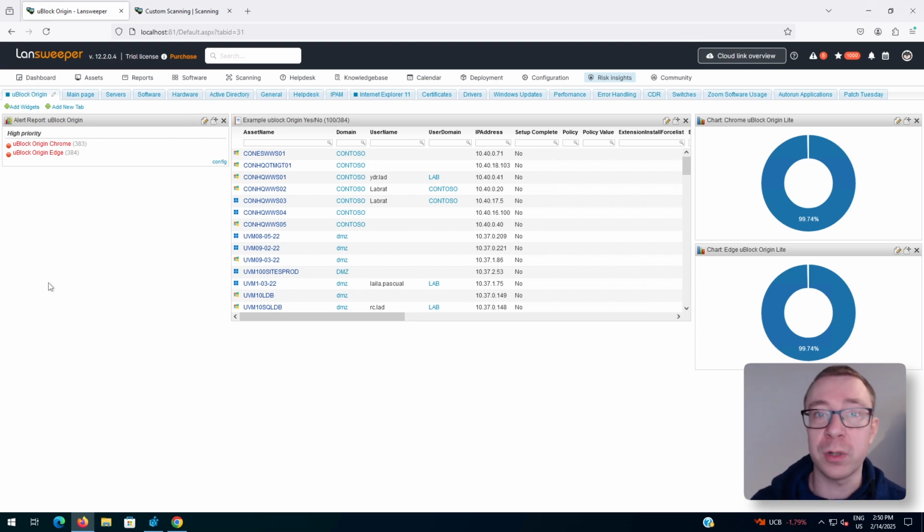Third, uBlock Origin, the original one, is blocked. Number 4 is uBlock Origin, the original, is not forced. I think that if you have the original uBlock Origin forced and blocked at the same time, I'm hoping that block still takes precedence. However, I didn't test it, so just to be safe, this is just the way that